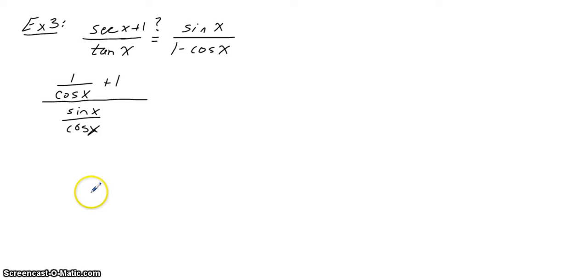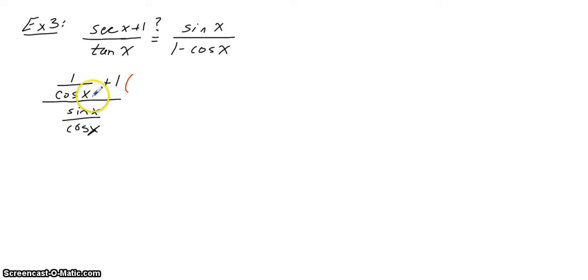Now you can see how this side is a whole lot more complex, and we did it that way on purpose. Okay, so now what do we do? Well, you have a couple different options with the complex fraction. You can get common denominators and then divide. So do the additions or subtraction, and then end up dividing. You can also, and this is the way I like it because you get rid of the denominators right away,